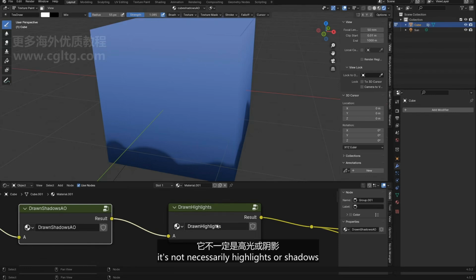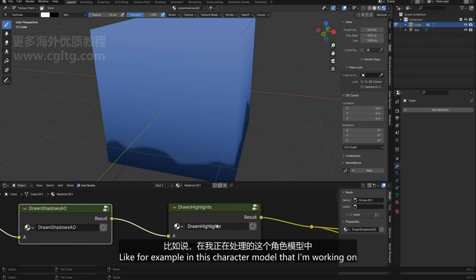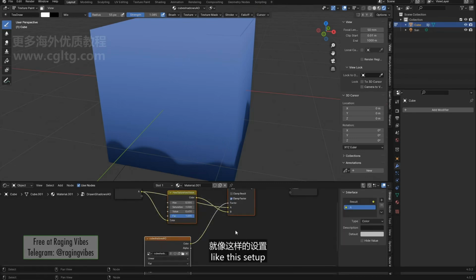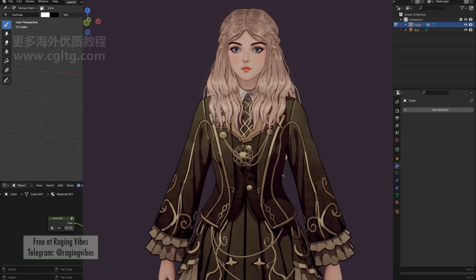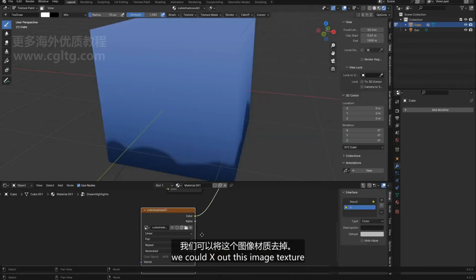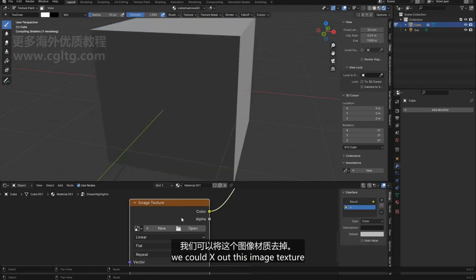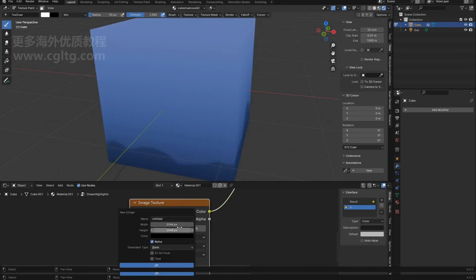Basically it's not necessarily highlights or shadows, it's just drawing anything onto the model that you want. For example, in this character model that I'm working on, I made an image texture just like this setup, and the purpose of it was to add these gold strands. If you look at the jacket, all the gold that was drawn onto the jacket was done using a method like this. So yeah, we could X out this image texture, hit new, let's just add a new one,